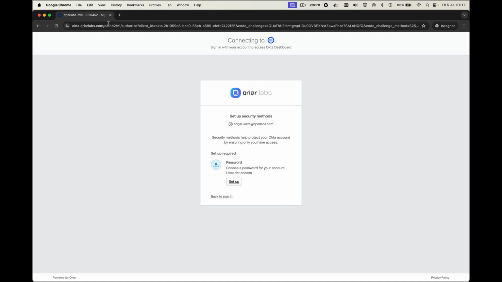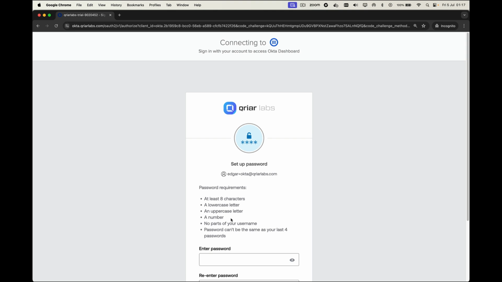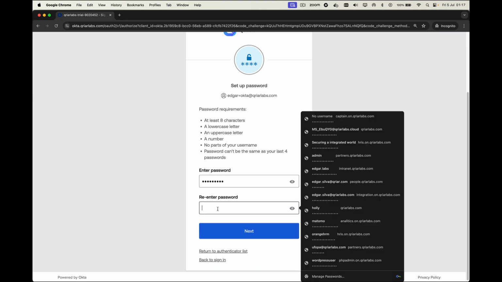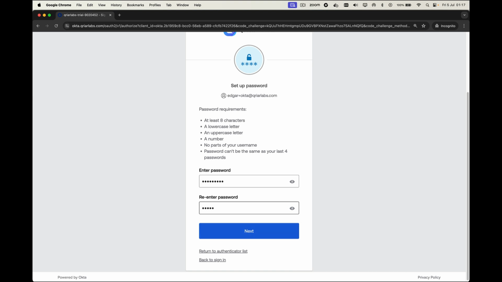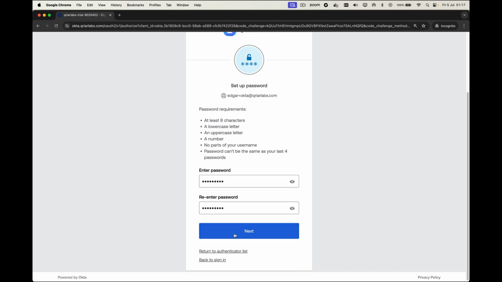Okay, now it's creating and providing me the Okta experience. So again, from a simple legacy user, now I have a chance to have the whole great experience that Okta provides me. So let me set up my password. Let me try an easy password to not forget later on. There we go. Let's try this. I think this one is going to work,